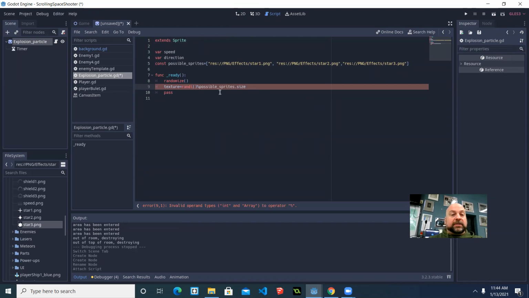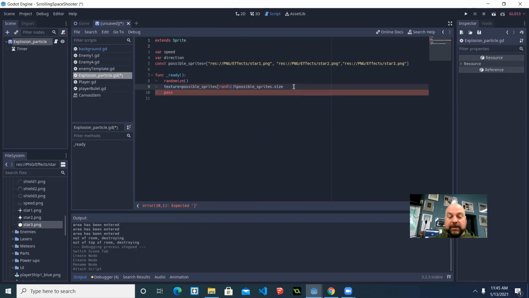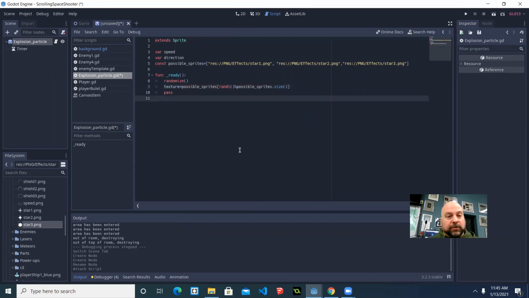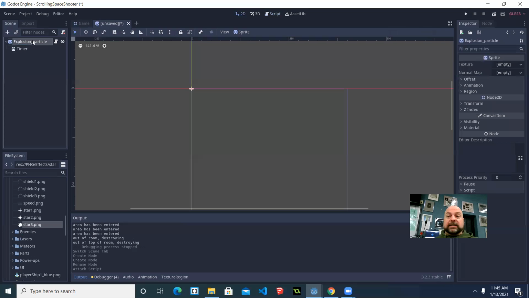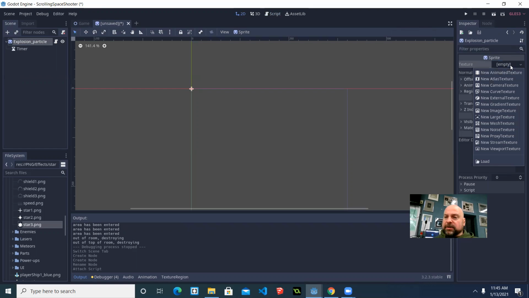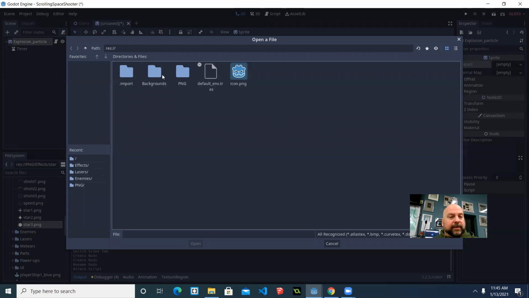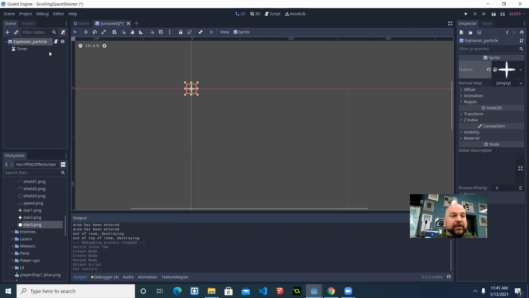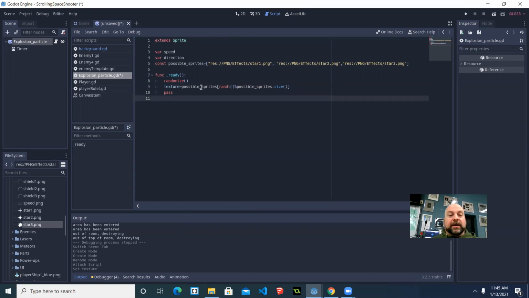actually, I got to add a little bit to this. And I'm going to say possible sprites, and then do the brackets, and then this will generate a whole number. We'll find out if that works or if I need to go back and work it. But essentially, the texture that's assigned is currently empty, so maybe I should put one there. So PNG effects, and we'll put star 1,